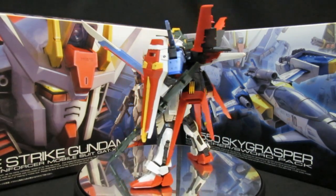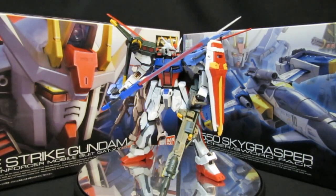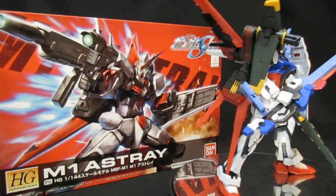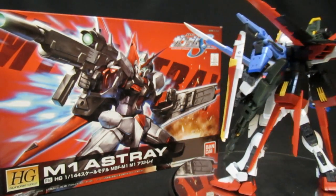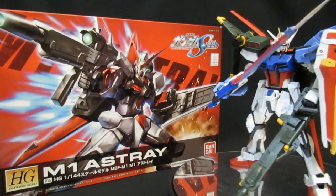Nonetheless, now that it's been animated, it's definitely going to be on a lot more people's minds, I think, and probably going to end up on a lot more people's shelves. And continuing on with news from the R line down there, this is the M1 Astray from the HG remaster line. This one wasn't actually redone, this was just a new addition to that, and it looks like we're going to be getting another one in the form of the Gundam Astray, the Blue Frame 2nd L,